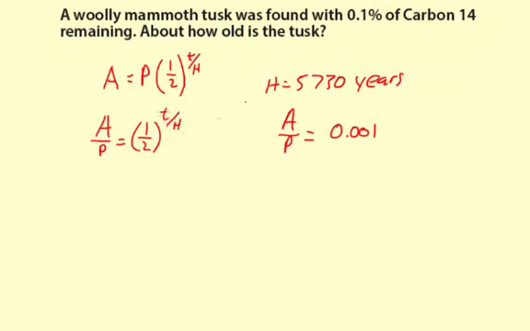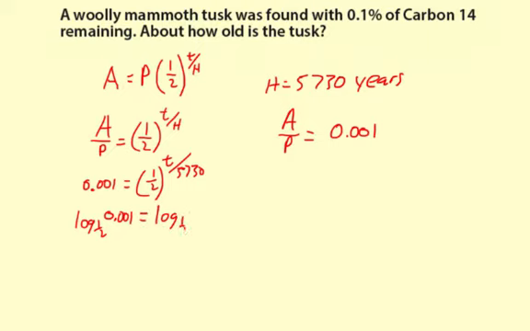Okay, now I'm going to substitute in what we know. A divided by P is 0.001 equals 1/2 to the T divided by 5,730. Okay, so now I'm going to do a little bit of algebra. I'm going to take the log base 1/2 of both sides, and I'm going to get log base 1/2 of 0.001 equals log base 1/2 of